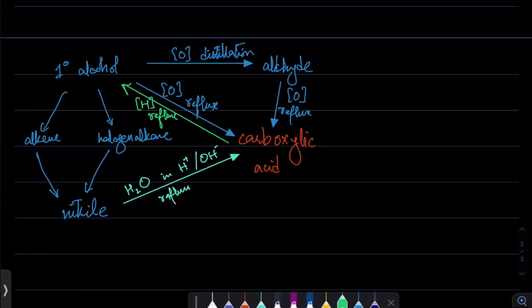Sir, reduction is also like always in reflux. Reduction, देखें, why do we use reflux at all? Every time you have something that is volatile and you don't want it to escape, you use reflux. So we are making alcohol, we don't want alcohol to escape, so reflux is useful there. Of course carboxylic acid इतने volatile नहीं होते हैं, तो carboxylic acid को as such कोई फर्क नहीं पड़ता है।